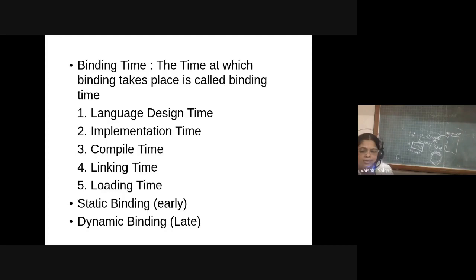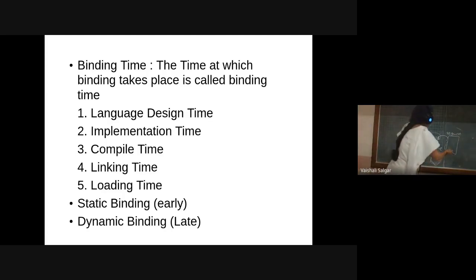Because when you write a program, it is stored as a file, assignment.cpp, on the disk. For your disk, your memory has some different address, and after compilation it is loaded into your main memory, which has some different addresses.